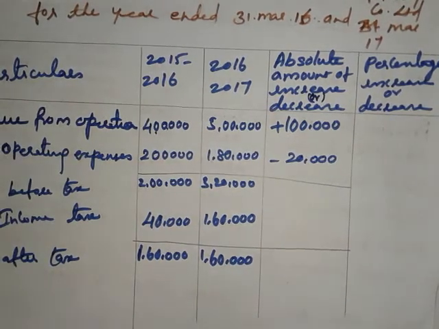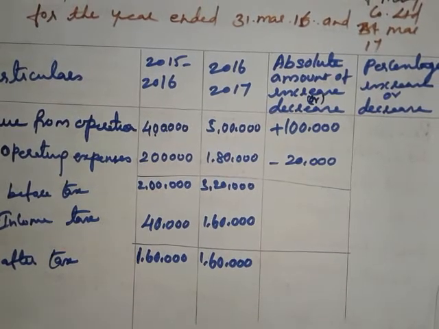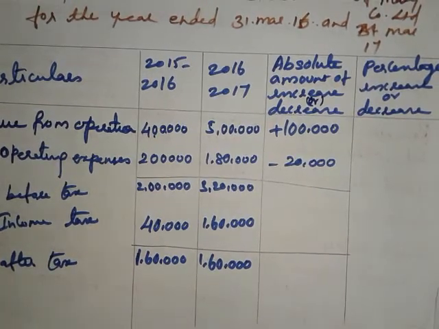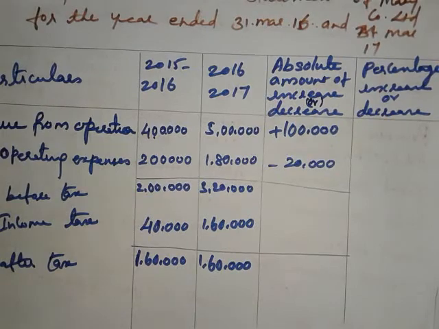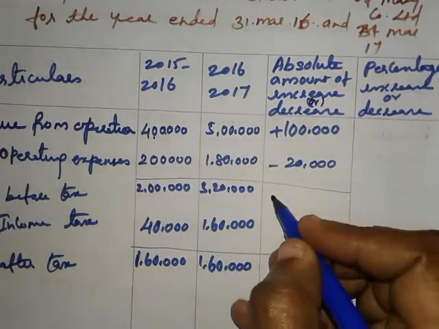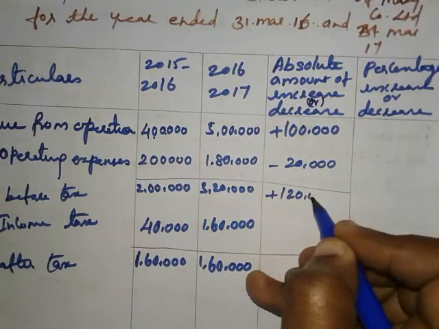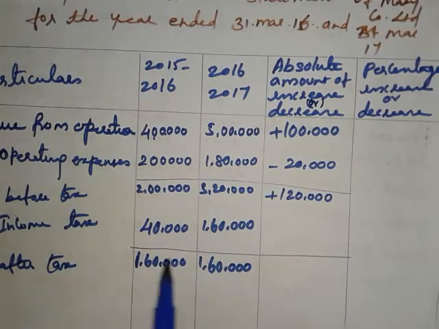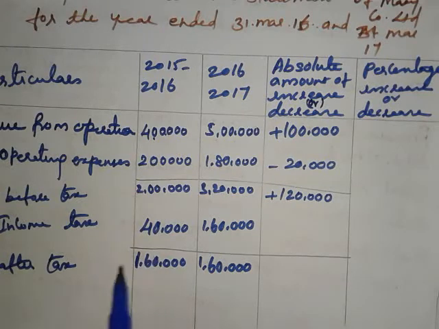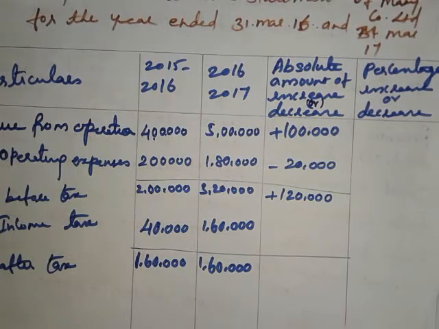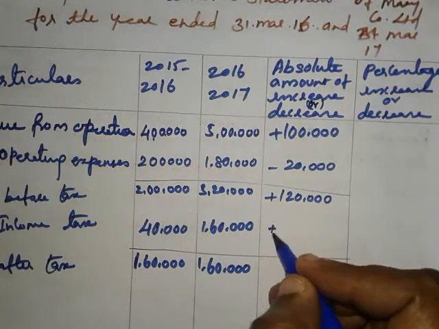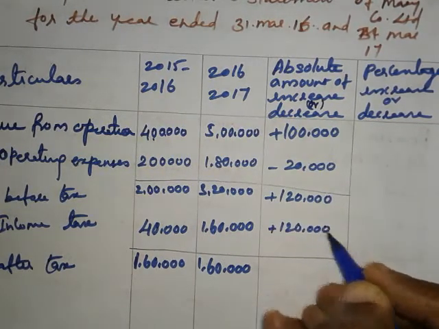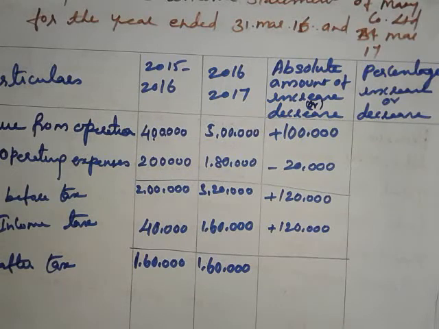Okay, and next 2 lakhs and 3,20,000. Here, after profit before tax, we get 1,20,000, an increased value of 1,20,000. And income tax, compared to this year: first year we paid 40,000 only as income tax and second year paid 1,60,000 for income tax. So here the income tax increased by 1,20,000.